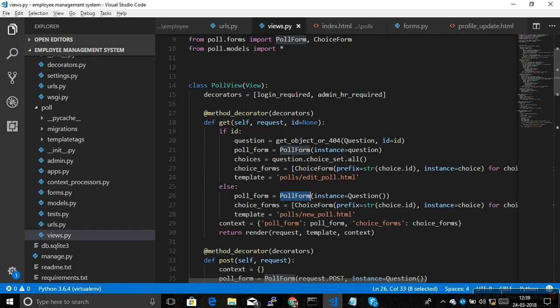Okay, so let's first talk about rendering the form. So this is the poll form. Now the second forms, like in choice actually we can have multiple, right? So if you render only a single choice form, then it will allow you to add only one choice. But for now what I have done here, that is,